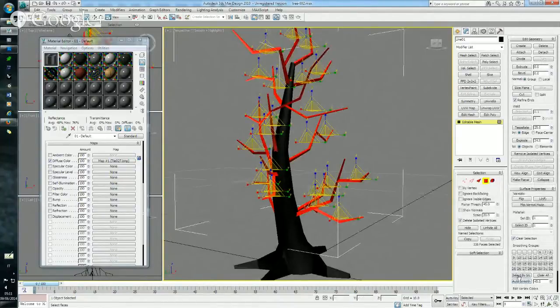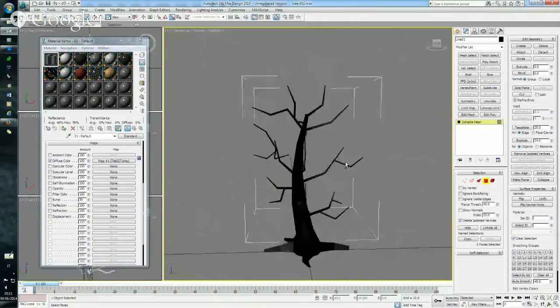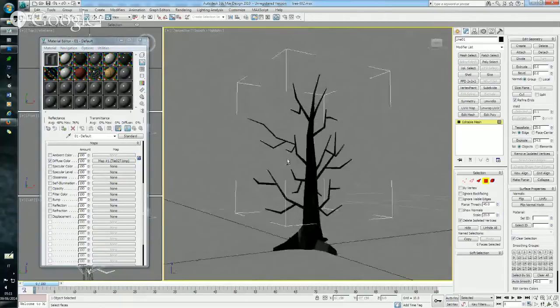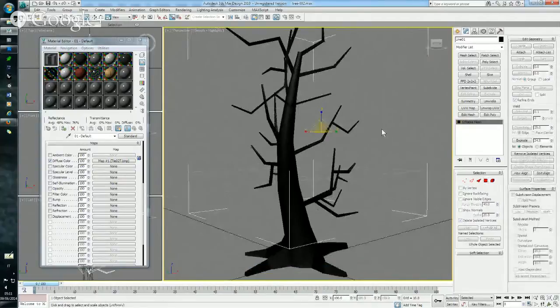I'll just smooth them all, so you're not going to see too sharpened polygons. Okay, now I'm going to texturize it,